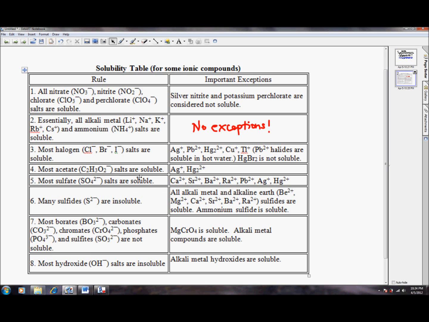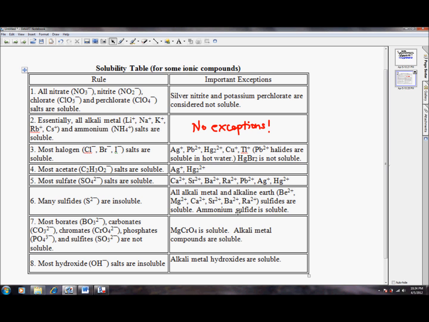Okay, then 6, 7, 8 are kind of the opposite. These talk about ones that don't dissolve. So for number 6, a lot of compounds that have sulfide in them do not dissolve. However, if it has an alkali metal or an alkali earth metal with a sulfide, those dissolve, and ammonium